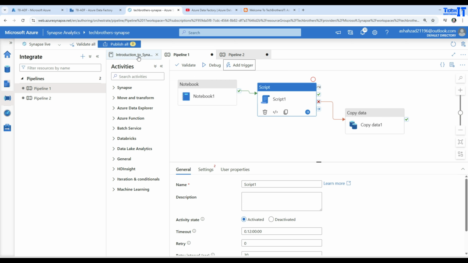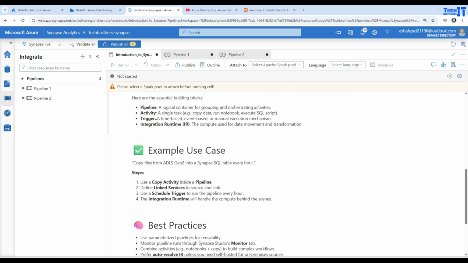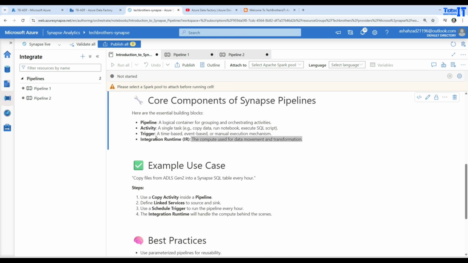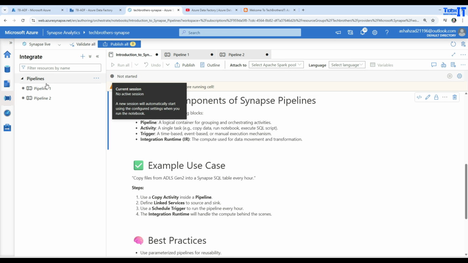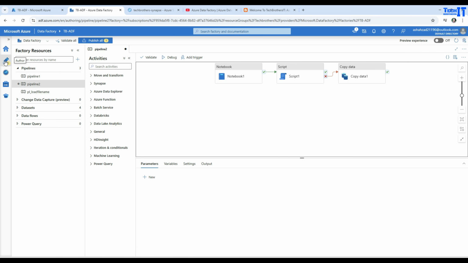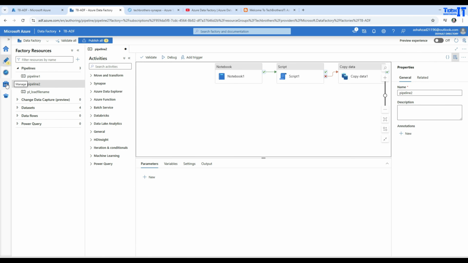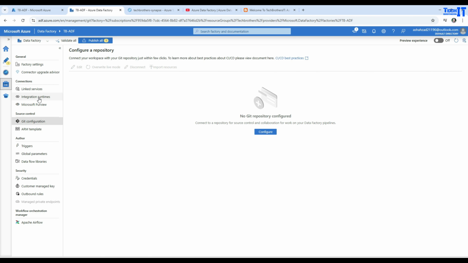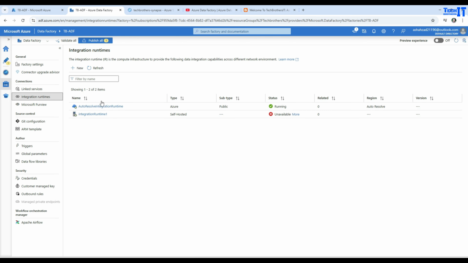Okay, now integration runtime, the compute used for data movement and transformation. We call it integration runtime, IR. There are different types of IRs available. If you go to Azure Data Factory, and let's say you are in pipelines, and let me go to Manage here, you will see the integration runtime right here. The auto resolve runtime is what you will mostly be using,